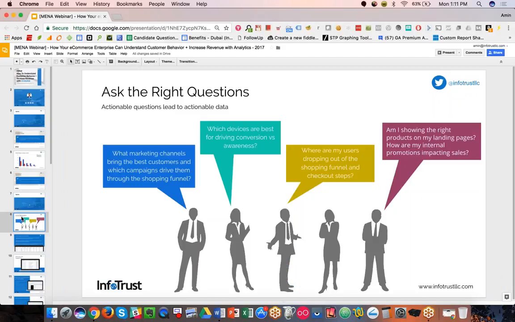So to start, anytime we work with an organization to review their digital analytics or review their digital marketing in general, we need to make sure we're asking the right questions, or at least we have the right KPIs in mind when trying to build any kind of system or launch any new campaign or really just understand your customers. So actionable questions lead to actionable data, and actionable data leads to good actions and improvements across your business. So I wanted to list a few of the questions that you can start with to begin exploring how to get to those answers in order to make better marketing decisions in your day-to-day activities.